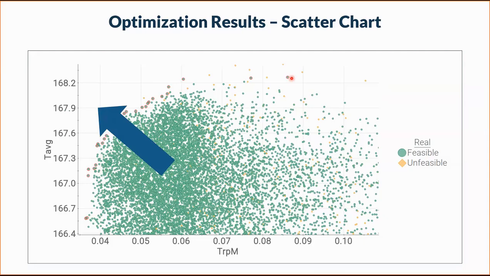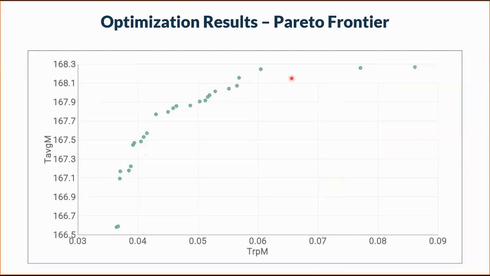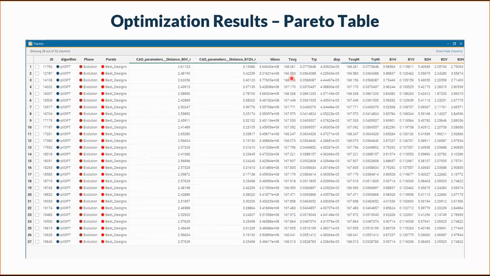They all make up the Pareto frontier, and I've filtered them out and plotted them separately here. We got about 27 Pareto frontier designs. Now, keep in mind the Pareto frontier designs are all equally optimal. That is because this is a multi-objective optimization problem. We do not combine the two objectives into a single objective. So the algorithm is able to come up with a trade-off between the two objectives, and it's up to the